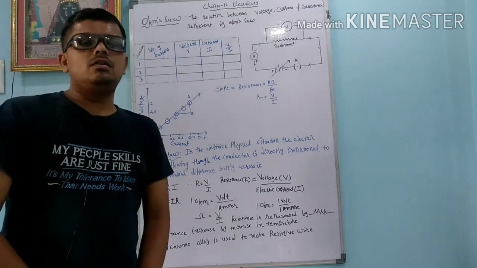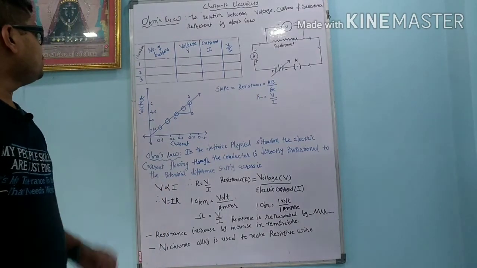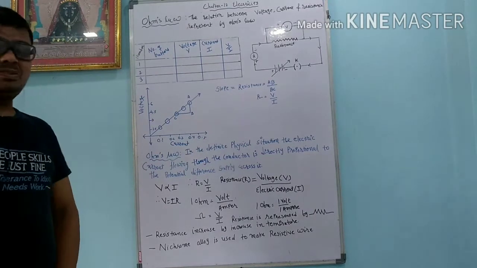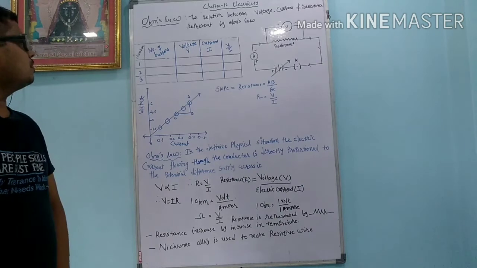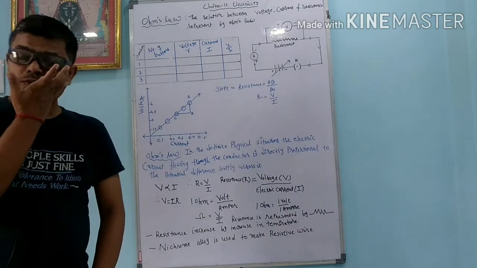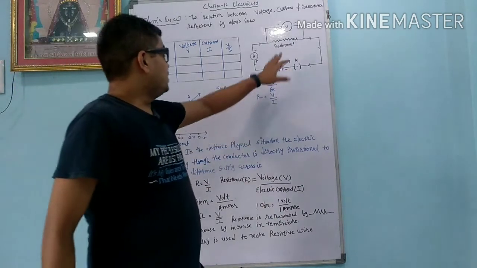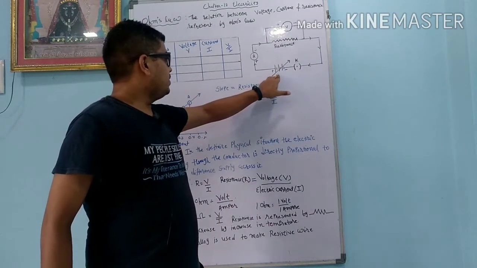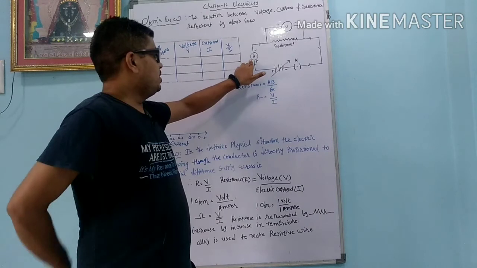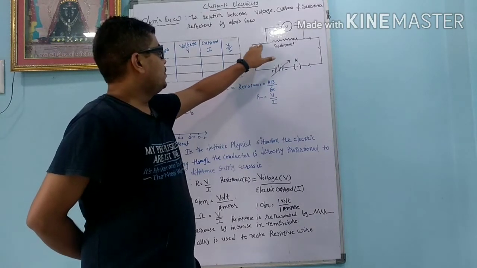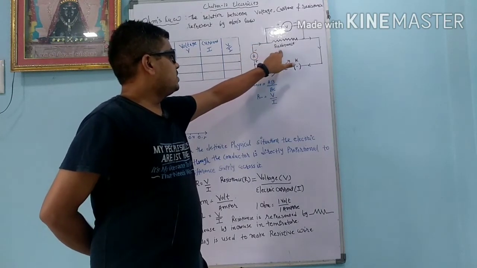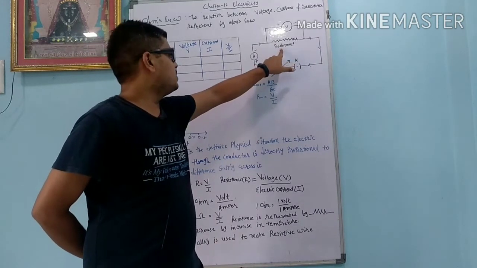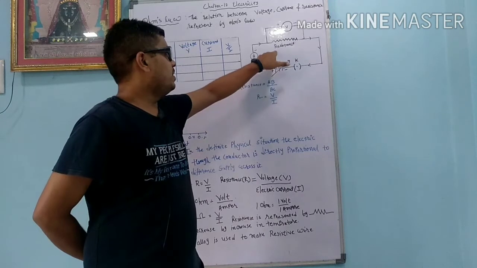Hello student, we will continue with our topic, Ohm's law. The relationship between voltage, current and resistance is represented by Ohm's law. So for that we will join one circuit. In this circuit, this is the battery, a variable battery. It is connected with the ammeter to measure the electric current. Here it is connected with the resistance. For resistance, we can take anything, a bulb or any electrical appliance, but it should be suitable for the battery.